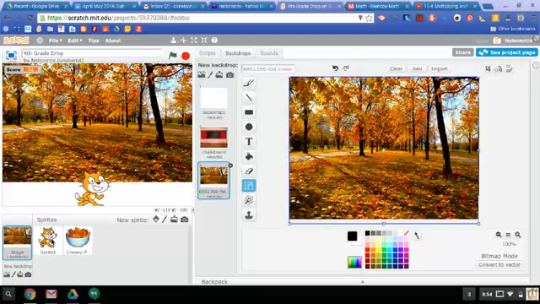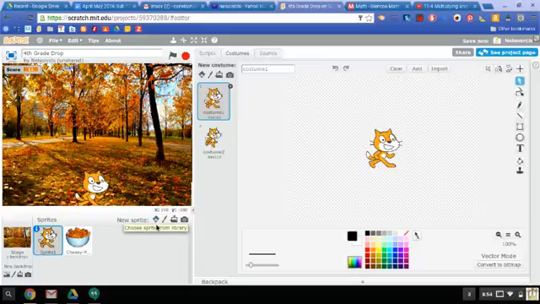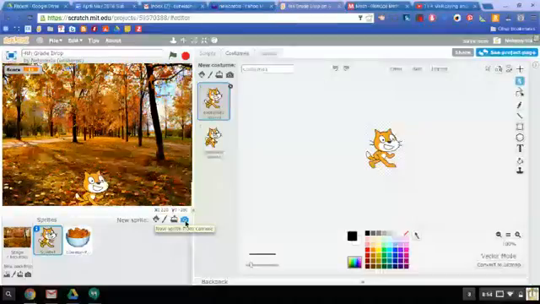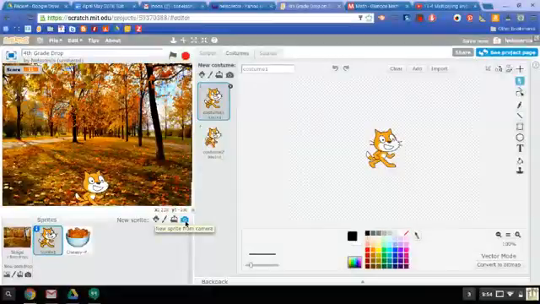Now, after you get a backdrop, then the next thing is you have to look for characters. And again, if you are going to use one of their characters, just go right here to this little guy, pick one out of there. You can draw your own. You can take a picture yourself. The example I gave the other class was you could take a picture of yourself with your mouth pointed up, and then you could move your head back and forth and try to catch falling cookies or something from the sky. That would work. Or the same thing, you can go search for a picture and then you can upload